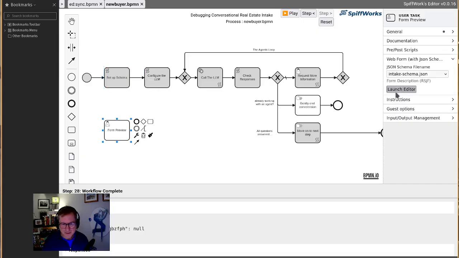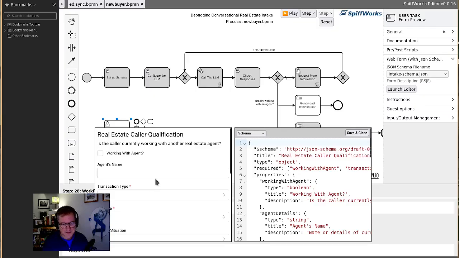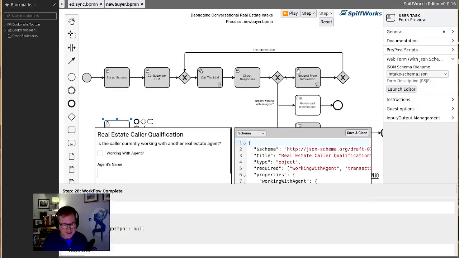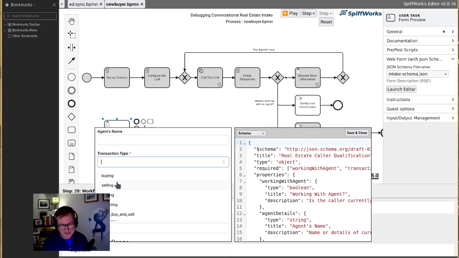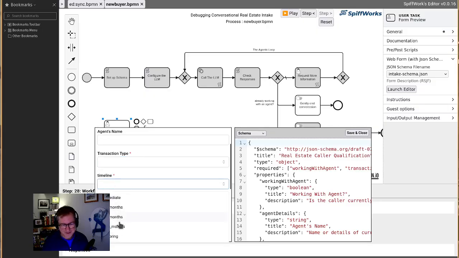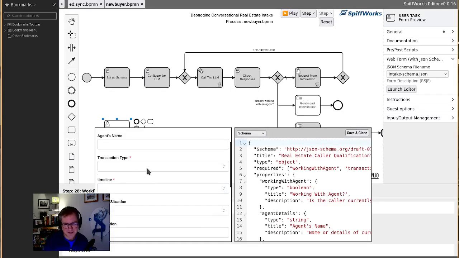This is the web form that's kind of driving the whole thing. So here's all the questions that we'd really like to answer. You'll notice there are a few with red asterisks beside them, and that's the things that are required. And if I click on this, you can see it's a drop down list. Are you buying, selling, renting? What's your timeline? Is it 1 to 3, 3 to 6, 6 to 12? So we're trying to put people in these buckets, get this information,